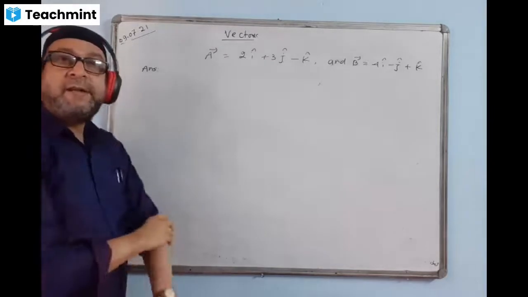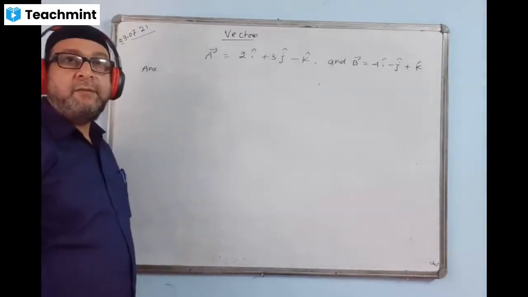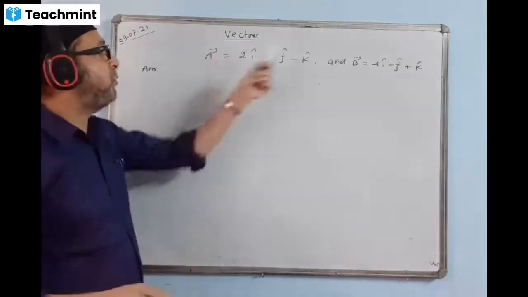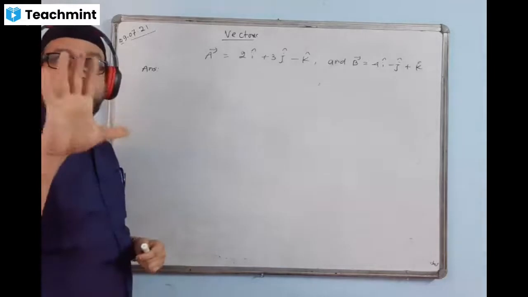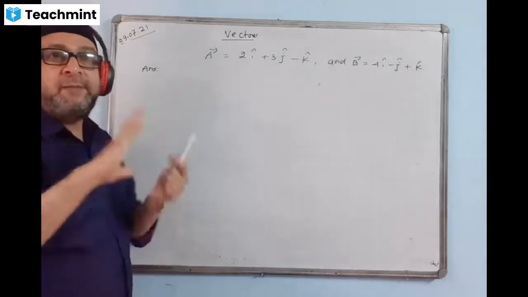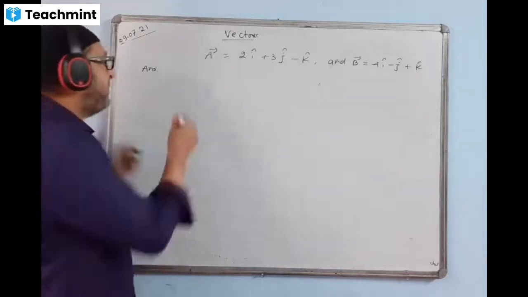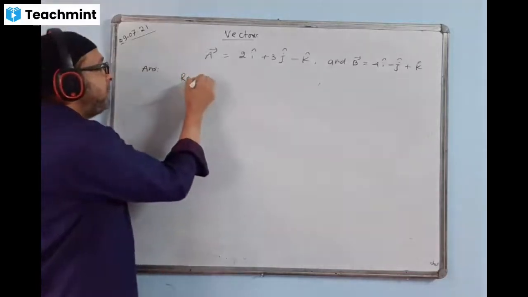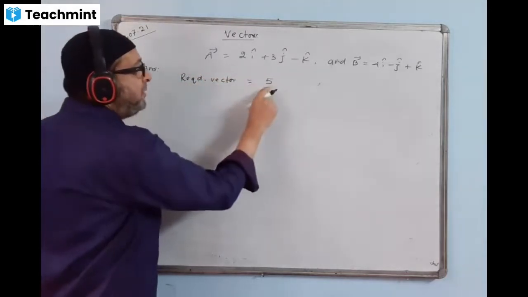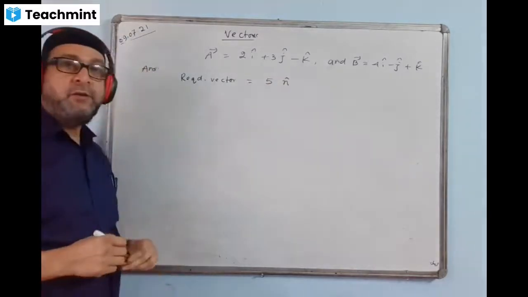We have to find a vector whose magnitude is given as 5, and that vector which we are going to find is perpendicular to both the vectors. Then we must find a unit vector, because only the magnitude is known. We multiply by the unit vector to change the entire thing into a vector. We can write that the required vector is equal to 5 units, the magnitude given, into n cap, the unit vector.